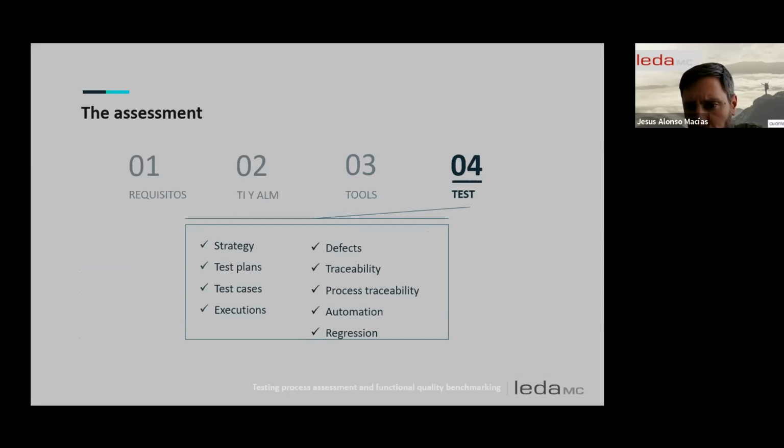Let's move on to the test. Of course, to make a good assessment, we will look at this part, which is the most important. In this section, we will check if there is a testing strategy, and if the organization in general and the teams that interact with the test are aware of it. We will check whether the test plans include an estimate of the test cases themselves. We will look to see if they have written down the risks and associated with them the actions to be taken to mitigate or accelerate them.